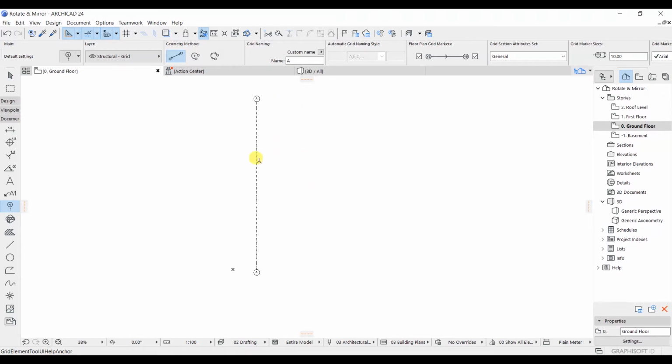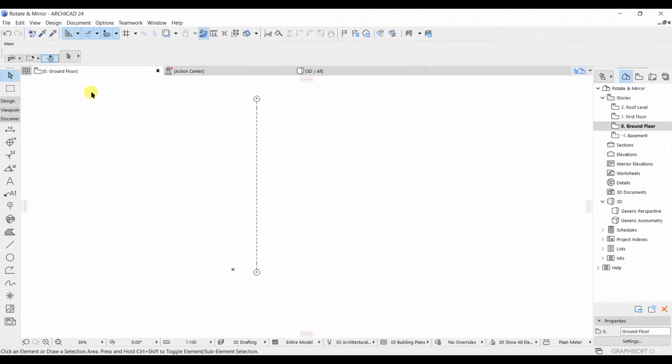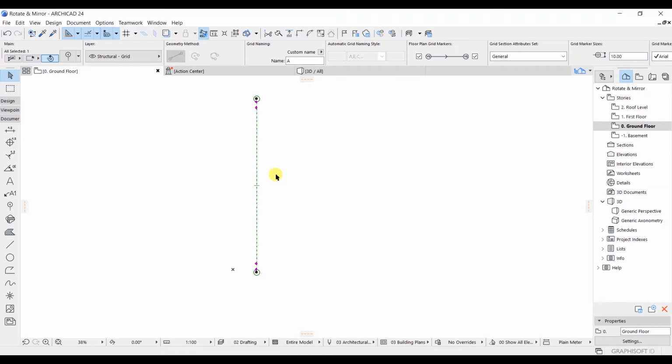In that case, what I will do is I will press escape. Right now you can see that I am at the arrow tool. I will select this line, and after that I will just simply enter Ctrl D, and I will select this line, and in the middle of it I'm gonna select Ctrl again to copy this grid. If you look here at the distance, I will simply enter the D here. First of all I will make this one as 4200. Let's enter 4200.